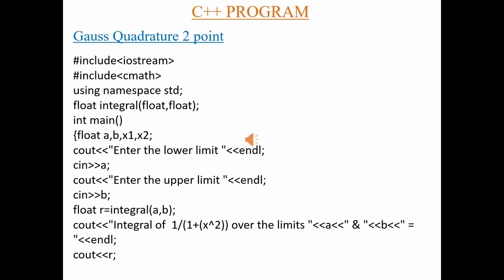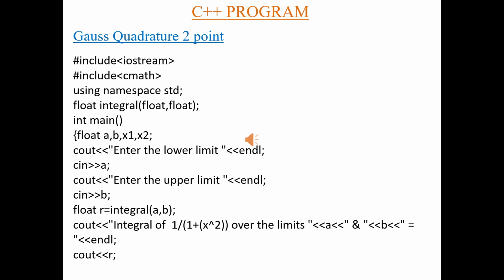After understanding the problem and the algorithm for the program, we'll now move on to the program itself. We'll start with the 2-point program. Here we have used another header file which is #include cmath. We have declared a function prototype which is having the name float integral. This means that further through the program, we'll come across a user-defined function having the name integral and which will return a value of the type float.